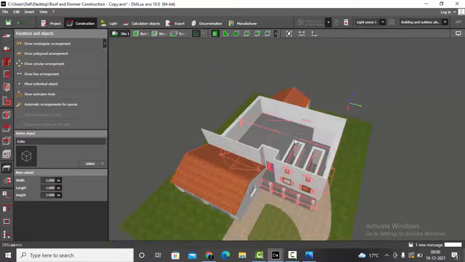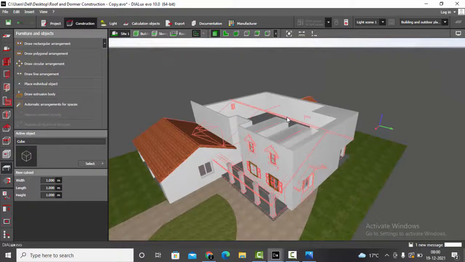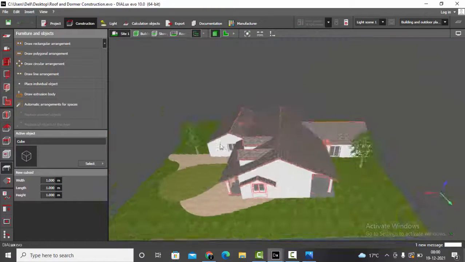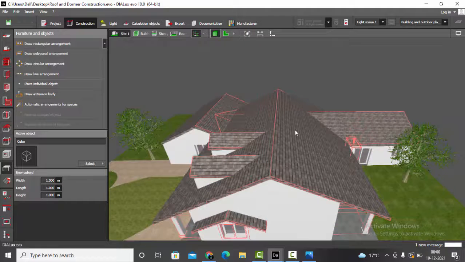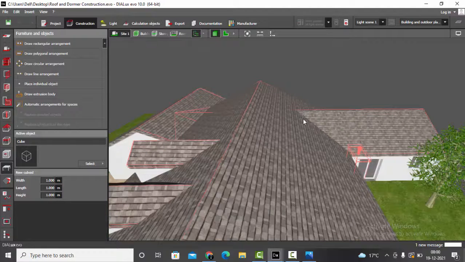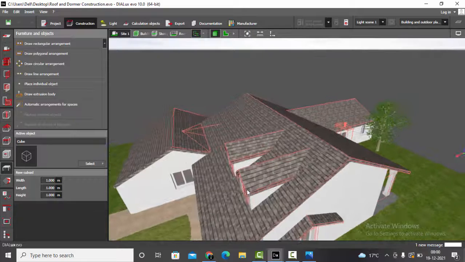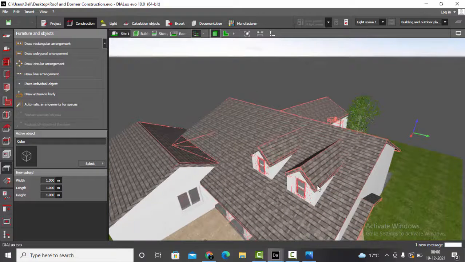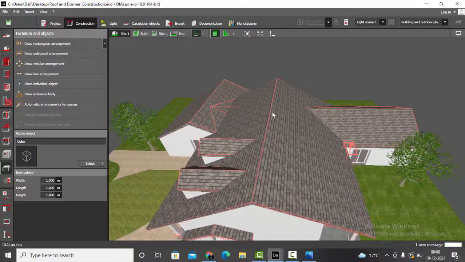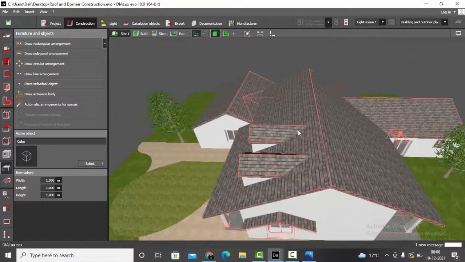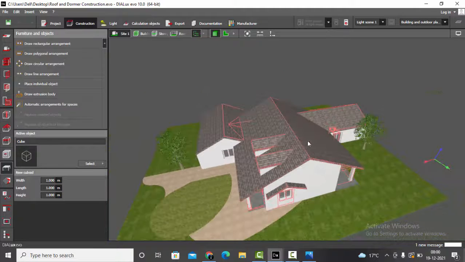Now this is a complicated part, wherein for this roof, on one side we have a valley here, and on one side we have dormers. So if I directly place the double pitched roof, it will be a problem for me to place the dormers.